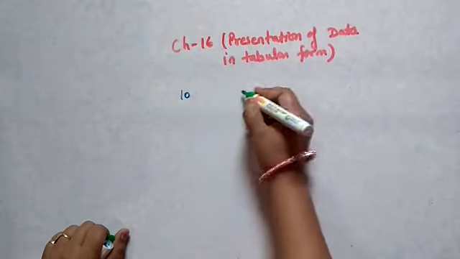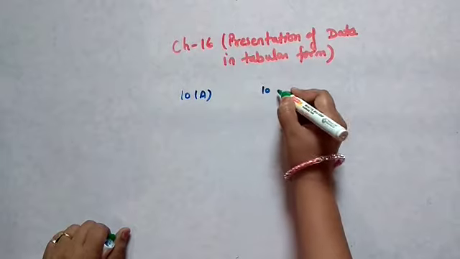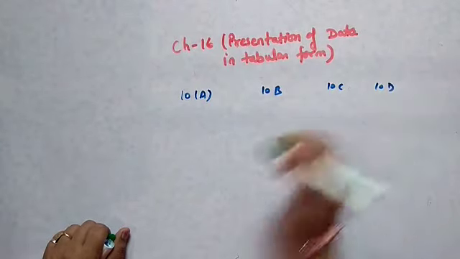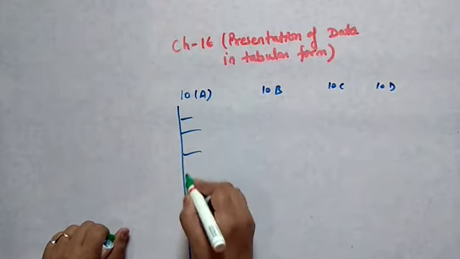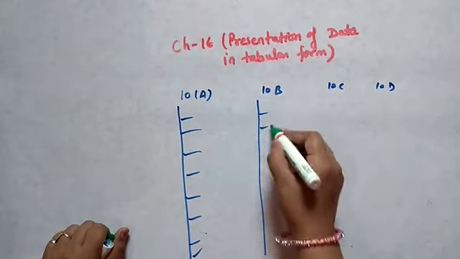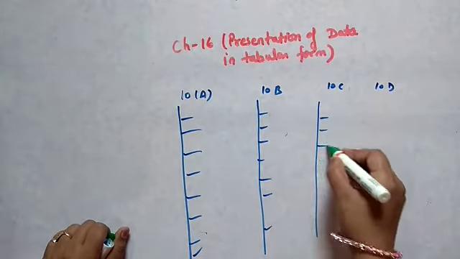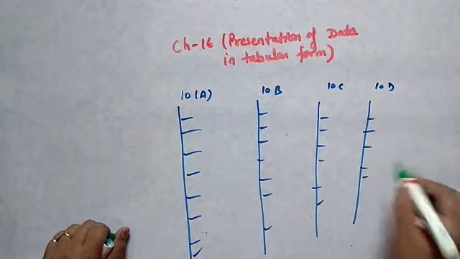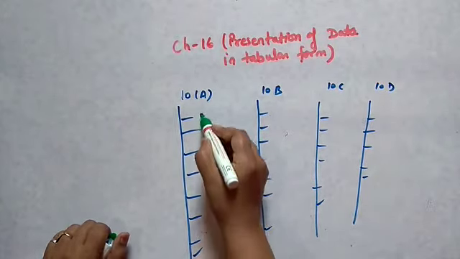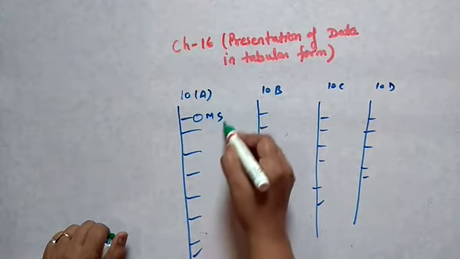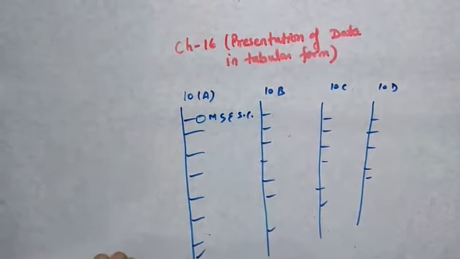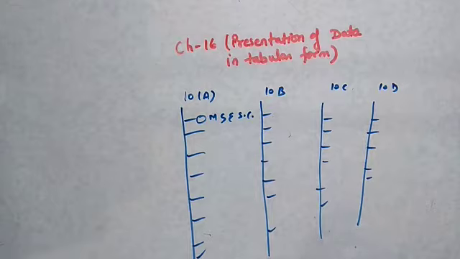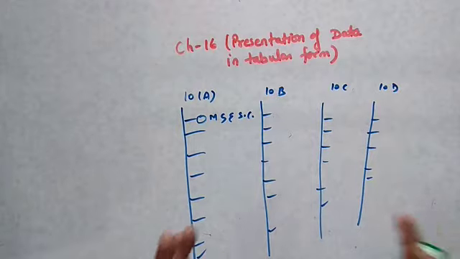Suppose I have standard 10, with section A, 10B, 10C, 10D. Four sections are there. In 10A I have so many students, in the same way in 10B I have so many students, in 10C also, and in 10D also. Each student has marks in maths, science, English, SST, computer, etc. So you can think how large a collection of different numbers for different subjects and different students we have.